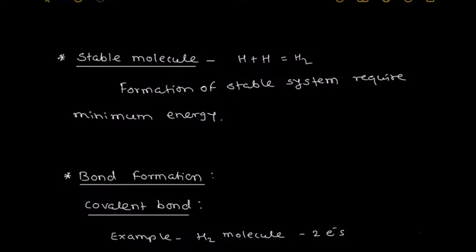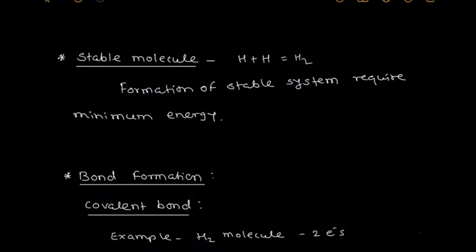We know that when two or more atoms interact with each other, they form an electrically neutral system. That neutral system we consider as a particle. Here we take one example of the H2 molecule. If the two atoms bond together, meaning they interact with each other, it forms a stable system,